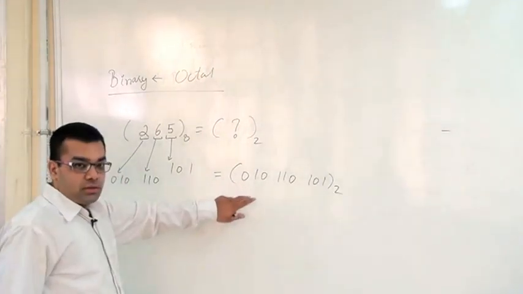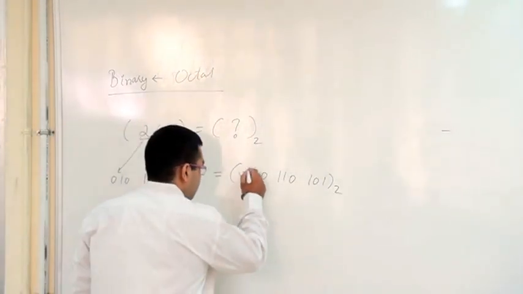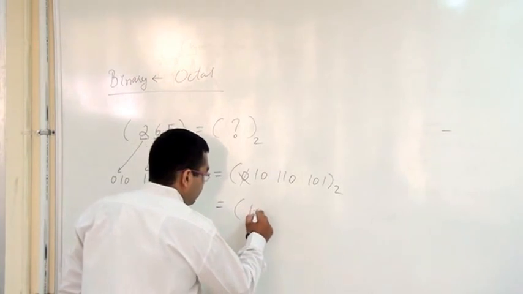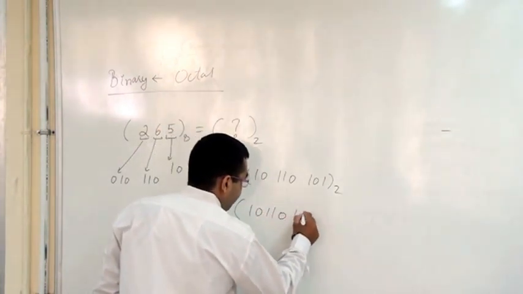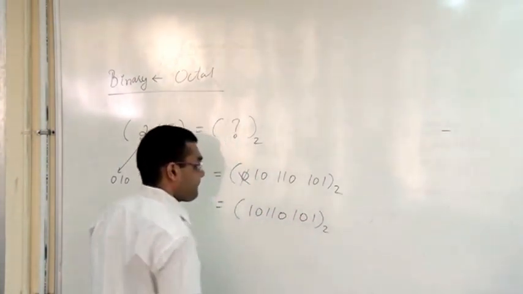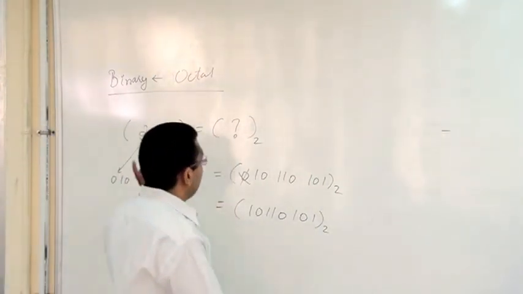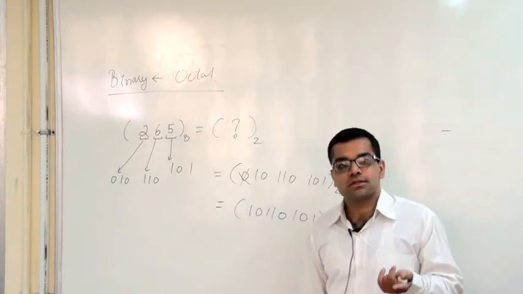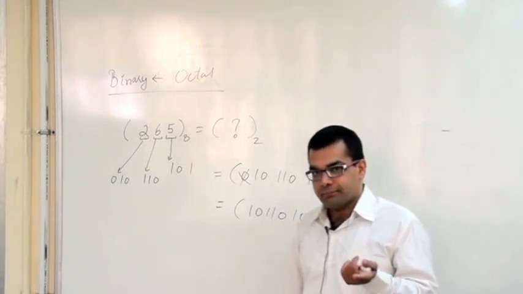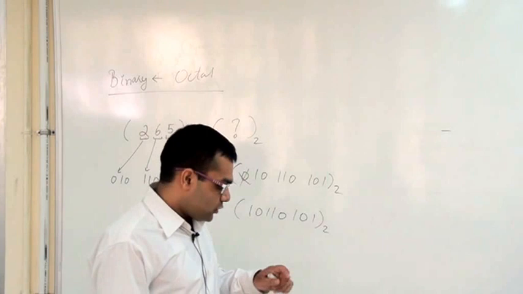So this is a 0 ahead, so we can omit it over here, and what we are left with is the answer. Okay. So this is how we deal with binary and octal number systems. Clear? So now moving on further,